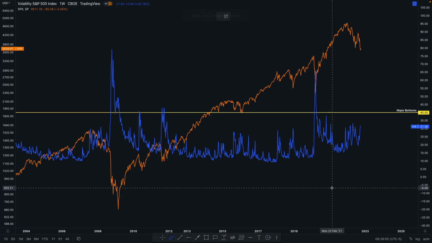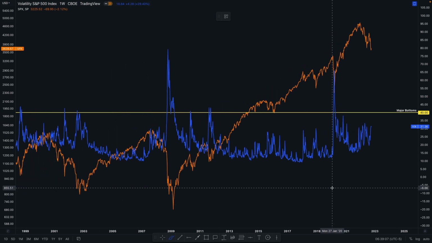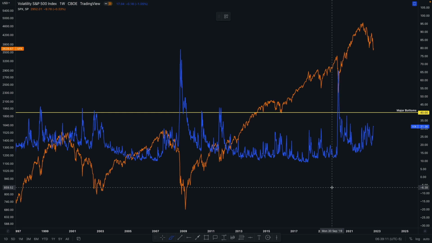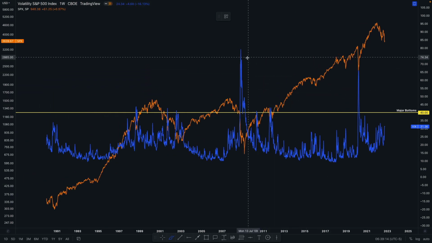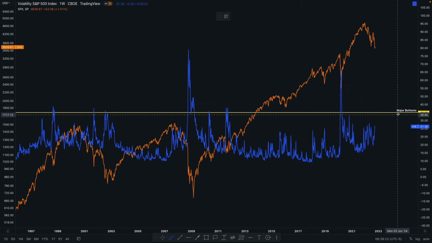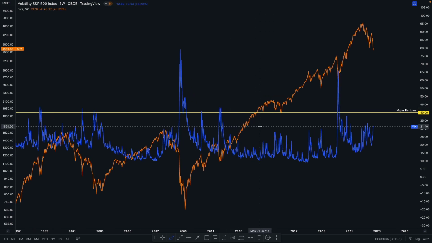And the main reason I bring this up is because if you look at the data of the VIX, now the VIX is the volatility within the stock market. And so what I have here is the blue line is the VIX, and the orange line is the S&P 500, basically telling us what the stock market is doing. Then I have this yellow line at 40 points for the VIX. Any time that the VIX has gone above this 40-point line, we've seen major bottoms in the stock market, probably the lowest lows that we've seen.